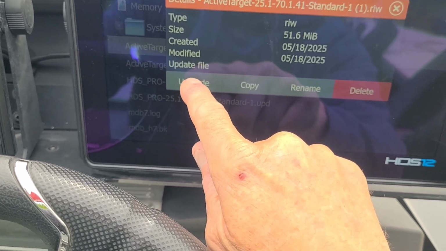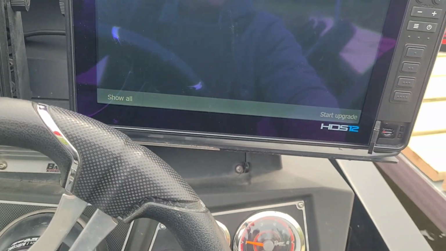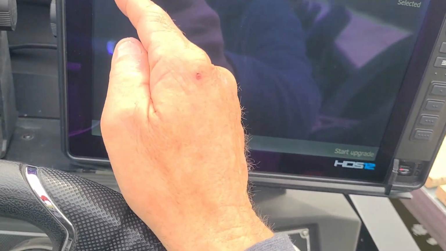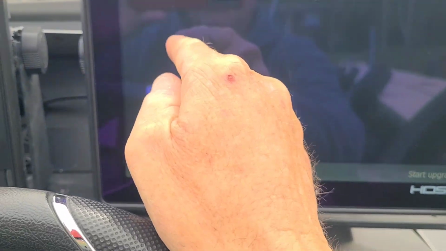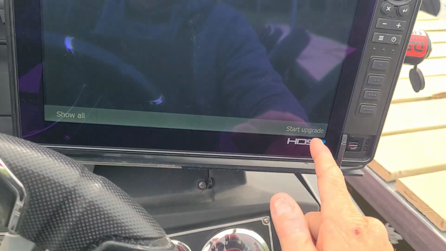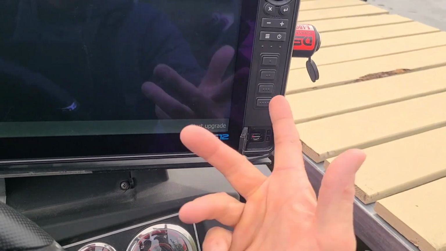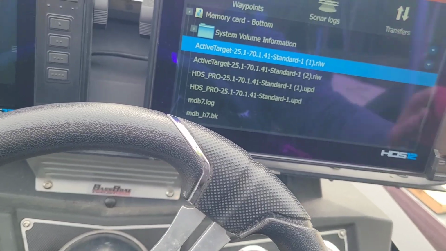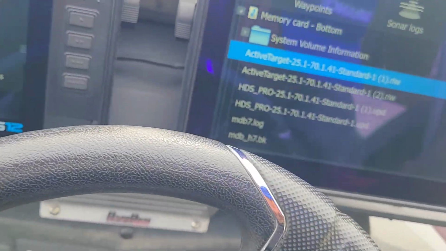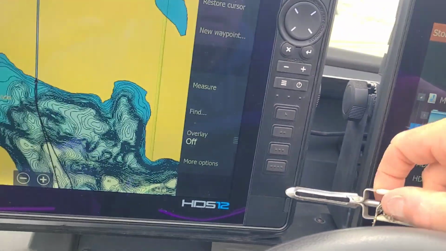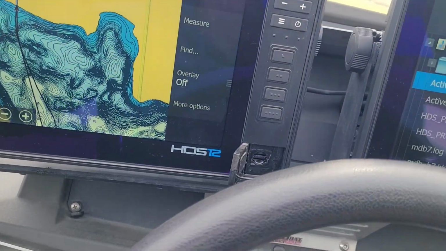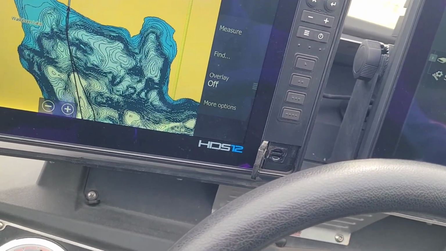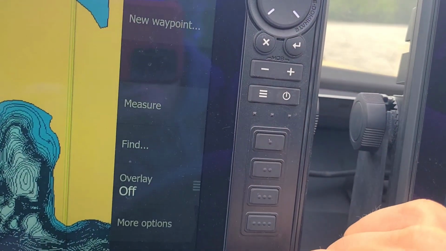Now this is going to be a little different. It's not going to actually allow me to do this upgrade because I've already done it already. So there's nothing here on the menu. So when I hit start upgrade, nothing happens because the upgrade's already been done. So in fact, let's just double check that. Let's see if we put it in this other unit, if I get the same situation. So I'll take the chip out of that one, put the chip in here,